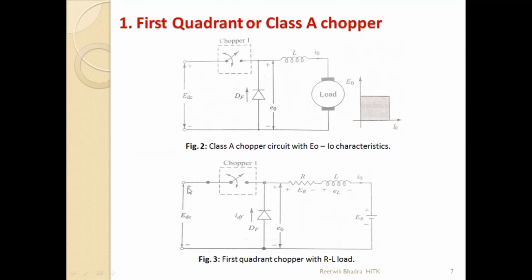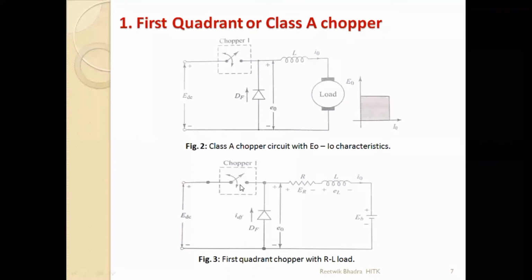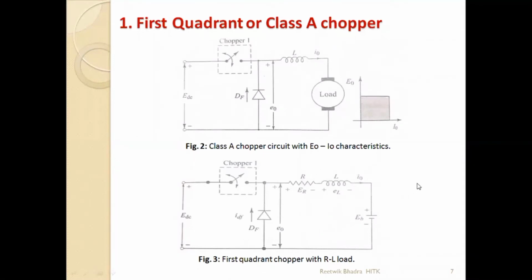So step down chopper had a switch, DC source over here, chopper, then diode, then our load, capacitor and all we had. So this is basically a step down chopper which we are getting, but we have to check whether this class A chopper, or first quadrant chopper, which we are stating, is actually operating in this first quadrant or not. So how do we check it? If you see, in the first quadrant operation, my voltage and current both are positive.